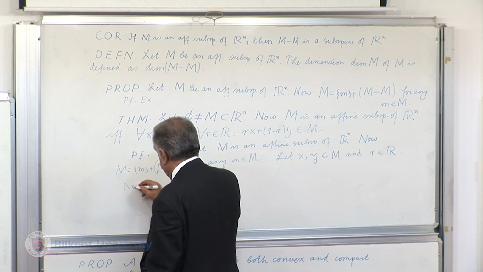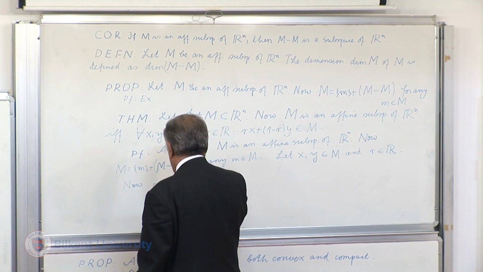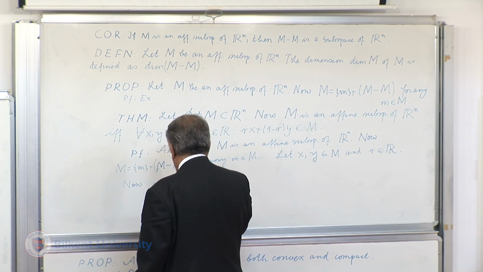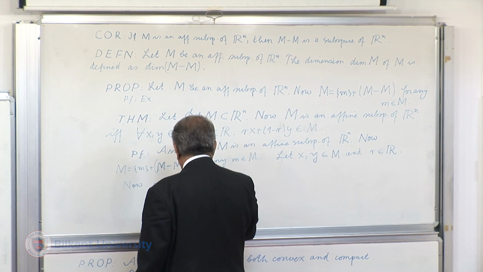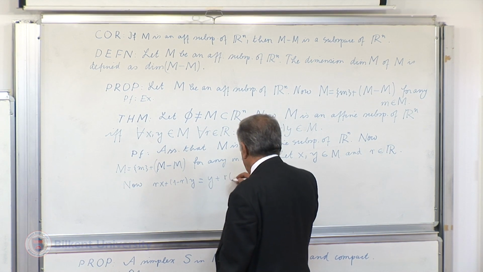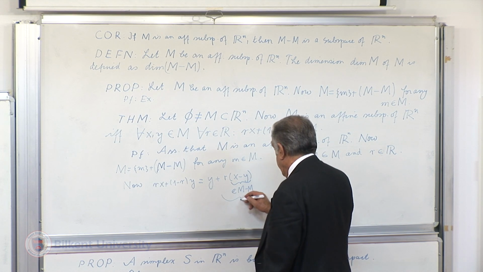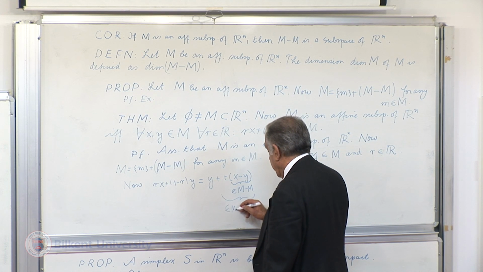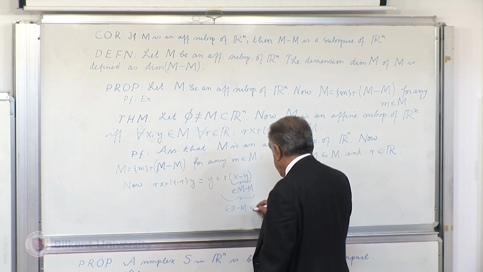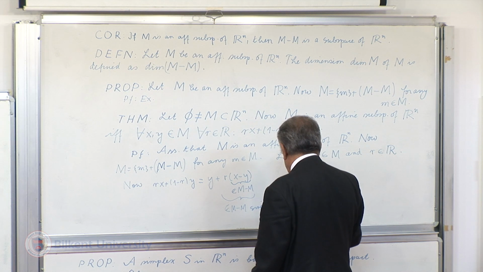Now, rx plus 1 minus r y is equal to y plus r times x minus y. Now x minus y is in M minus M, since M minus M is a subspace